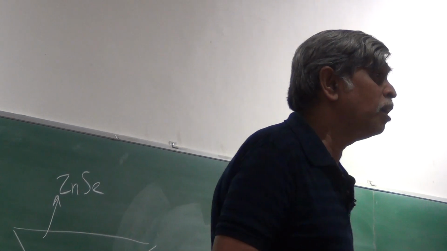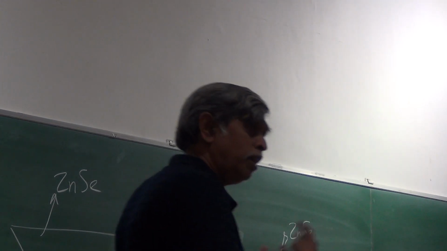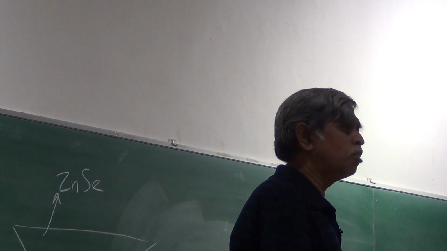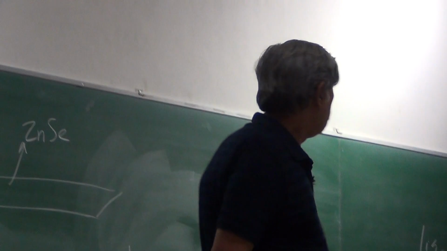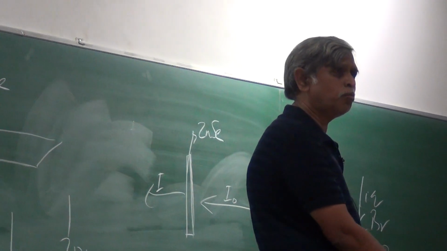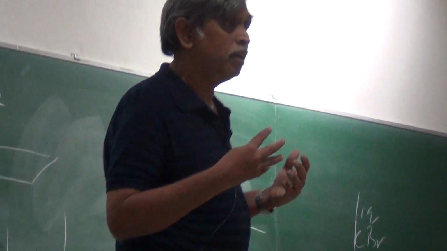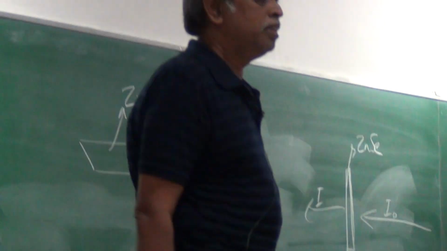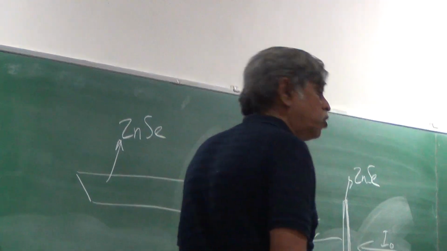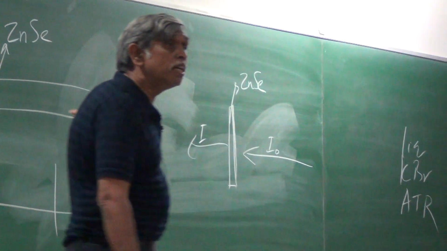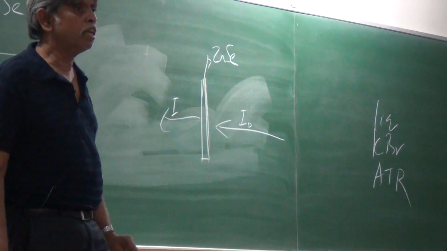In the industry, for example, if they know that the compound they are monitoring has features at 1000 or 1200 or 2000, why have a material that is susceptible to moisture when I don't need that information in that region? I would rather use zinc selenide and be absolutely sure about the stability of my window, and that's the reason why it is used. In ATR we use zinc selenide, but that's for a more technical reason. It is not the